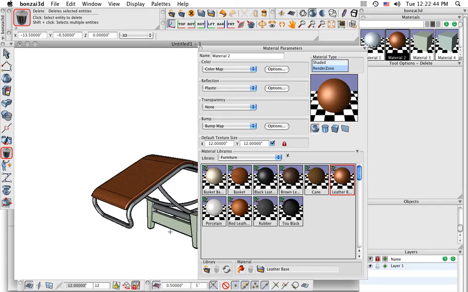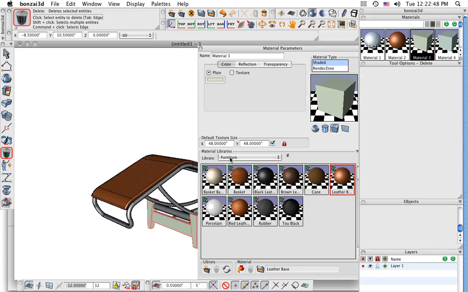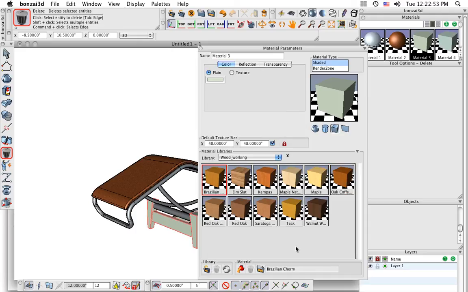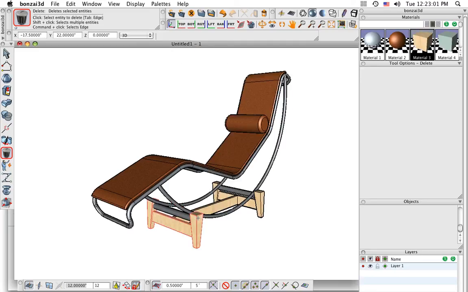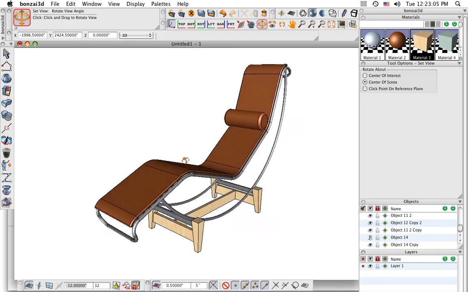And for the leg part, maybe we'll construct this out of wood. Go into our wood category down here, woodworking maybe. There's a number of nice wood patterns. I like maple, so we'll use a maple texture. Okay, so these materials now have been applied to our chair, but they may not be properly aligned and sized